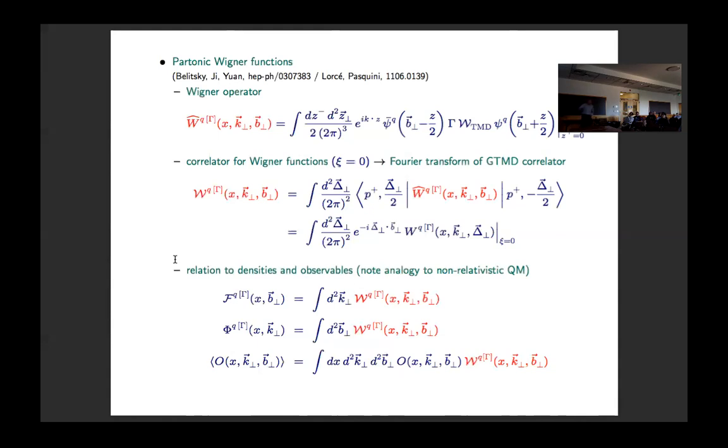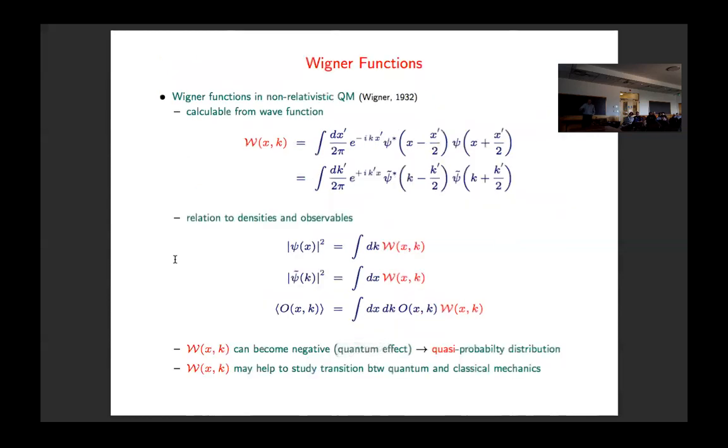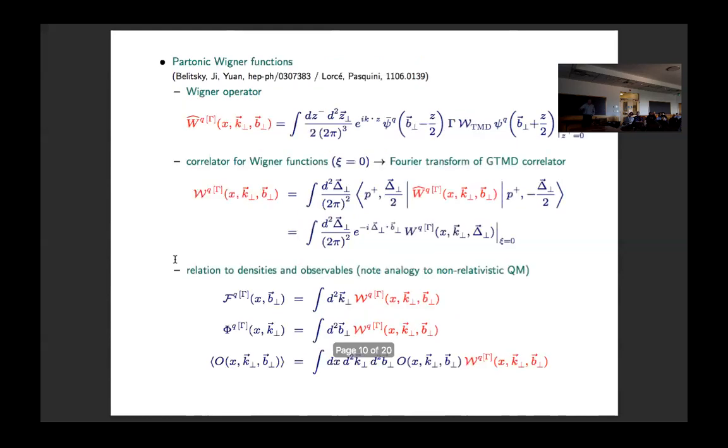Now, if you have these expressions here, it's not difficult to show that you can get the exact counterpart of these equations also. Namely, if we integrate over the transverse quark momentum, we get the density in longitudinal momentum and transverse position. If we integrate over b perp, we get the momentum density, the TMDs. And finally, we calculate also observables in this same manner. All right, so this, I think, is the reason why people in the first place got excited about that.